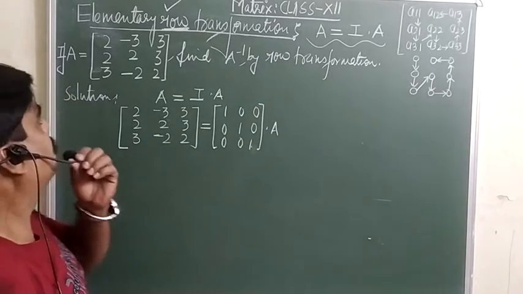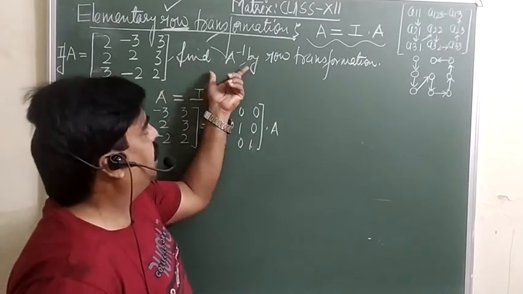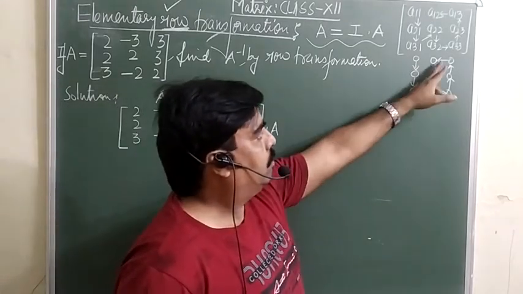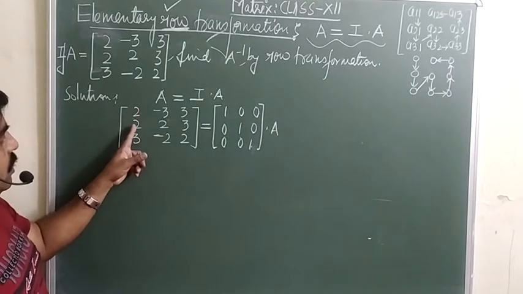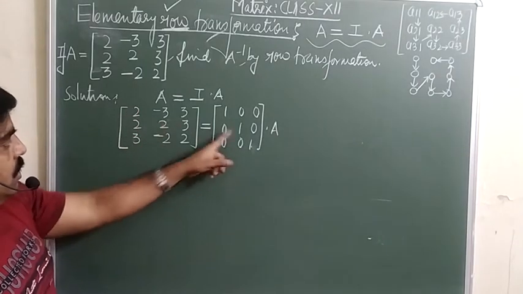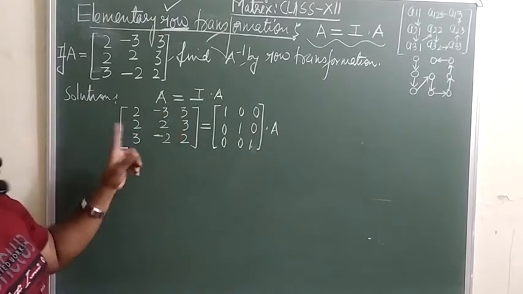Okay, now there is a matrix A of 3 by 3. We have to find the A inverse by row transformation. So just remember this pattern. Here, first of all, we are supposed to make it 1, then 0, 0. Here we are supposed to make 1, then 0 here. Then 1 here. Then 0, 0. Then 0.